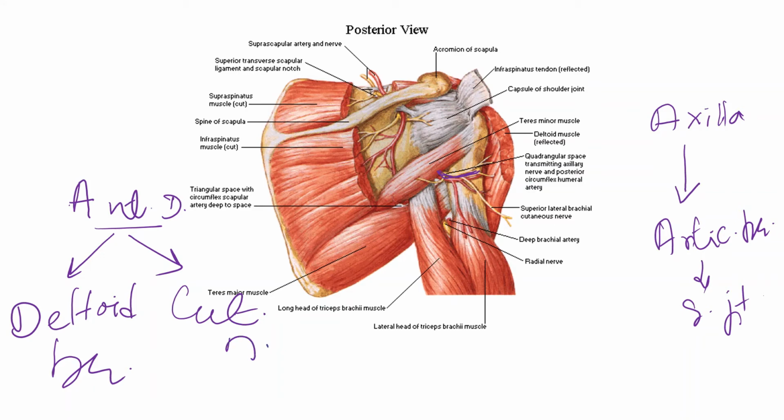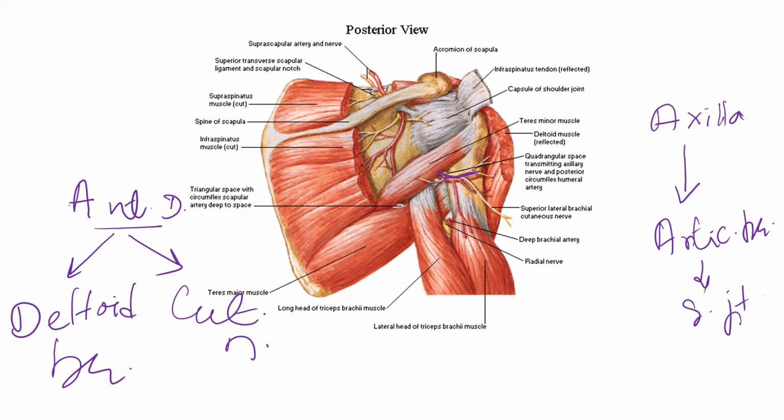Skin covering the deltoid muscle. So this is about the fate of the anterior branch or the anterior division of the axillary nerve. Regarding the posterior division, here we can make out a small posterior division. The posterior division or the posterior branch of this axillary nerve, once it arises in the quadrangular space,